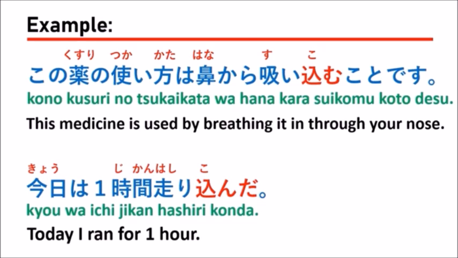As the second sentence, we see 今日は1時間走り込んだ。We use the verb 走る。走る means run. And we change to the masu form, you can say 走ります。So cut out the masu, leaving only 走り, and then 走り込んだ。走り込んだ is the past tense form. So that means